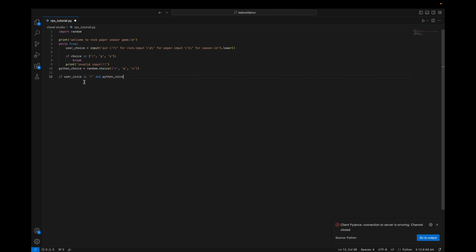If choice is R, and then Python choice is, you know what, before I do that let me do this one. If user choice and Python choice are equal, if the person is guessing the same as the Python that's randomly chosen, we are going to do